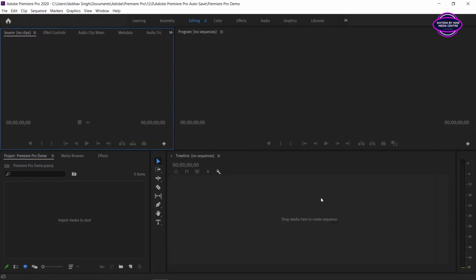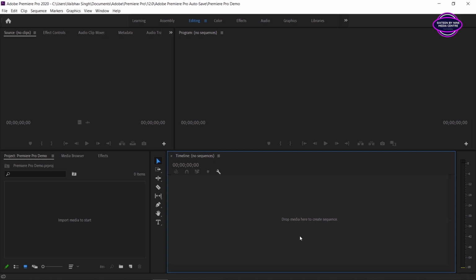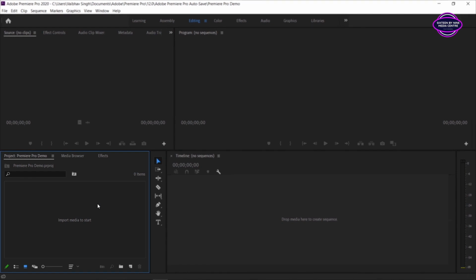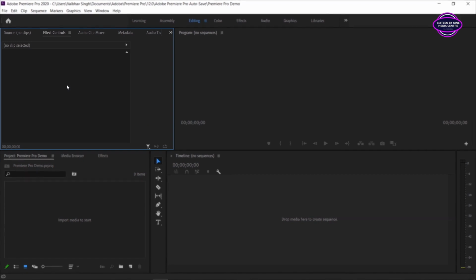These panels allow you to import and organize your media and preview your video and audio footage. The timeline where video editing happens is also a panel. Project panel is where all the files are stored. Each imported file automatically fits in the area and you can drag them into the timeline and start editing. Effects control. Any effect you add to your video can be controlled in here. Video preview window or program monitor.